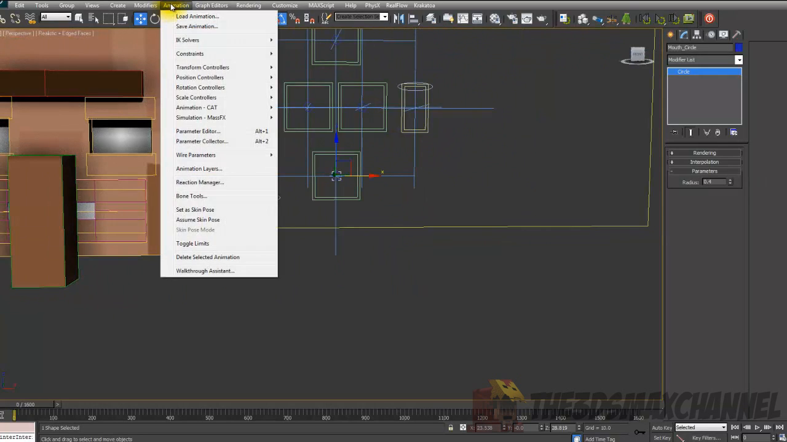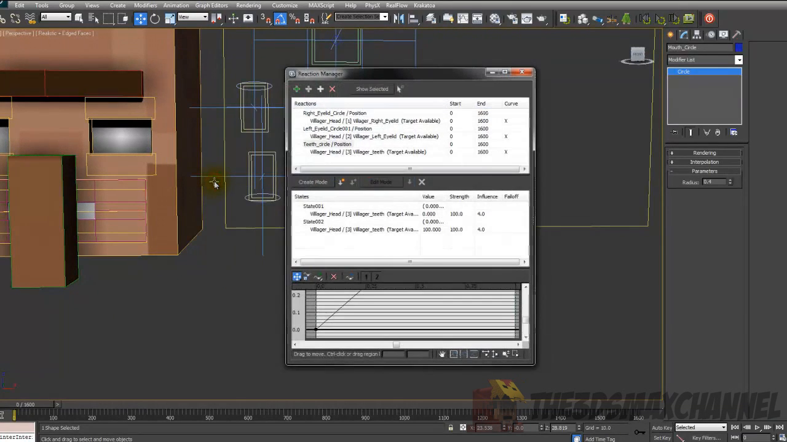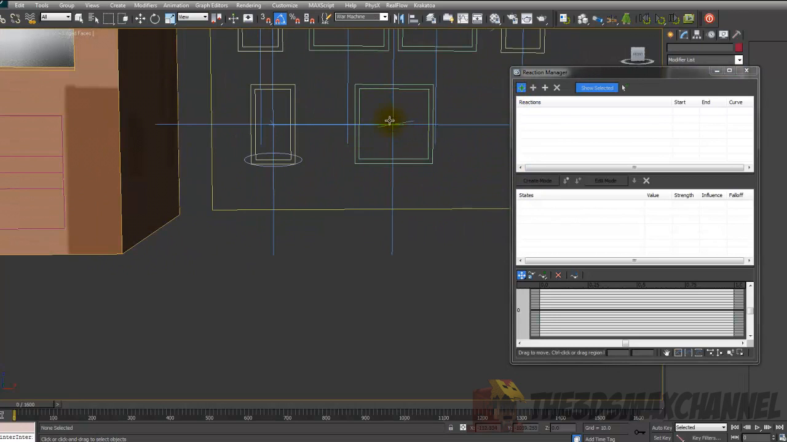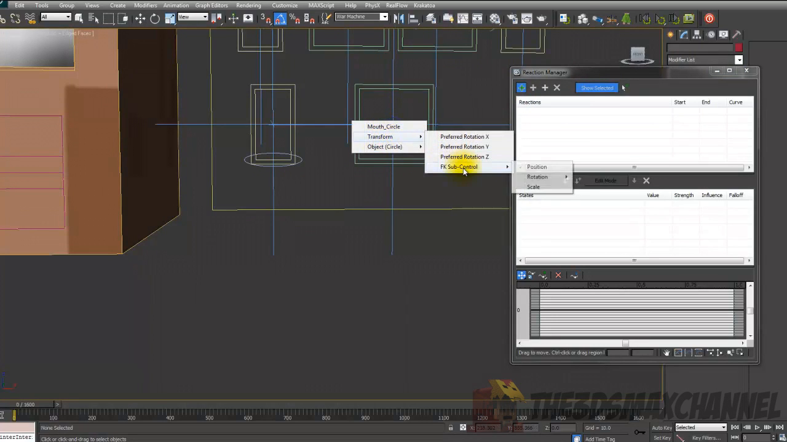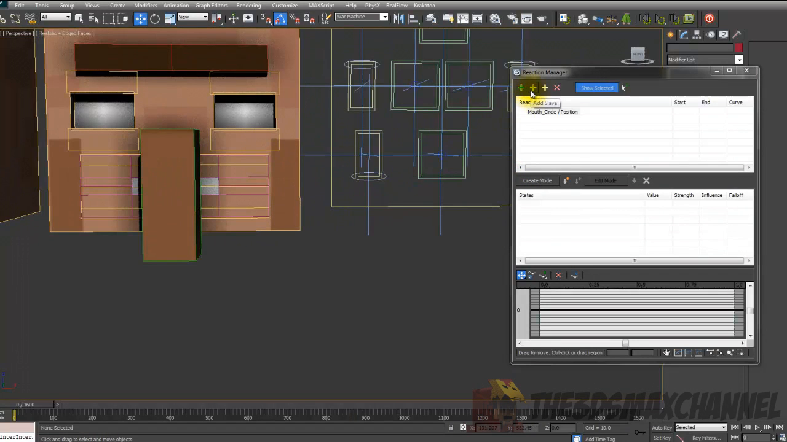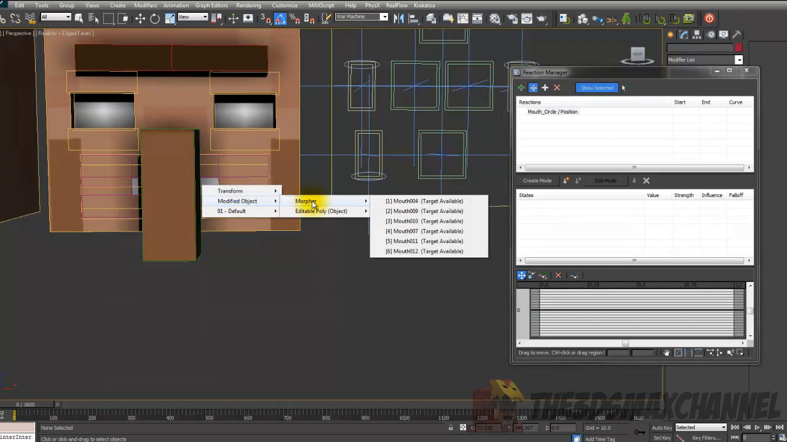go into animation, reaction manager, show select, and click the green plus and click the little circle, transform, FK subcontrol position, and then add slave, modified morpher, mouth 004,